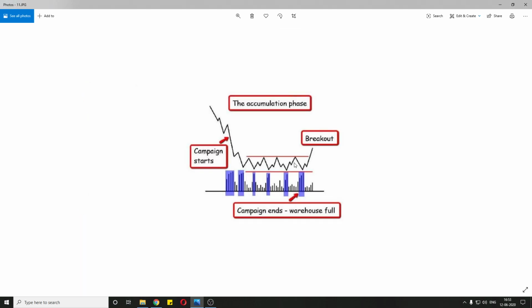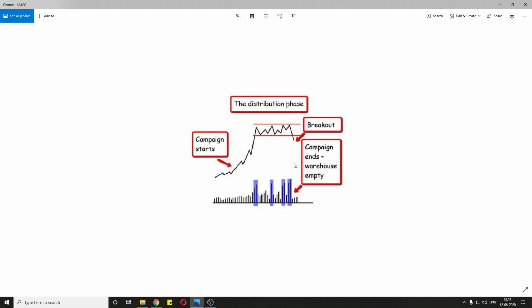Now here we see the accumulation phase, and we can identify this by seeing huge volumes or above average volumes near the support areas. This is the distribution phase, as we are able to see big volumes forming near the resistance, and these candles will likely be inverted hammer candles, showing the selling pressure from the top.